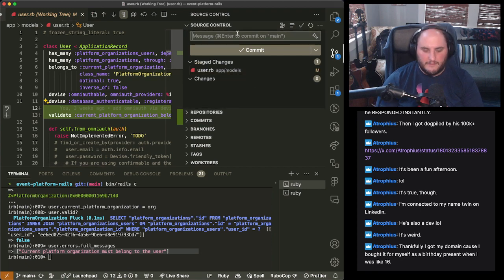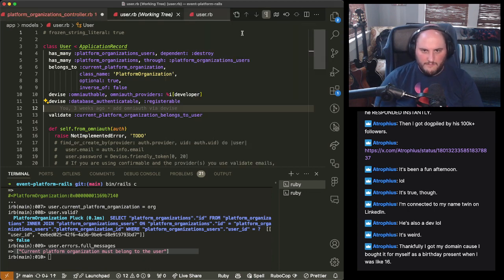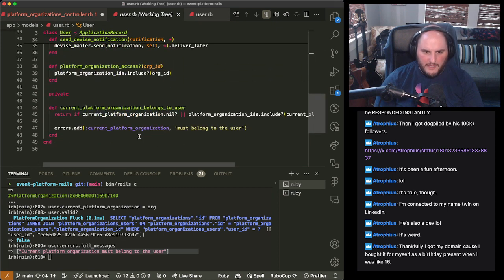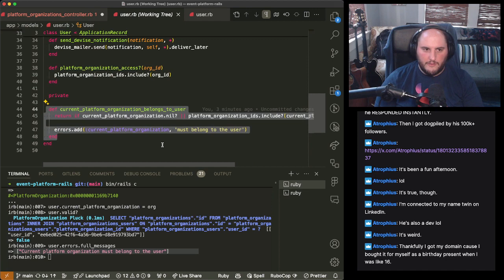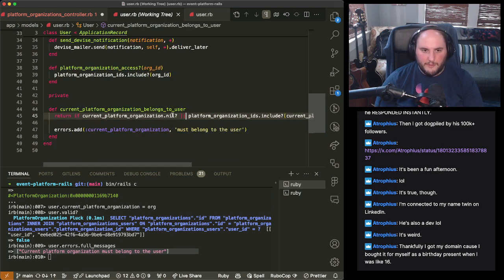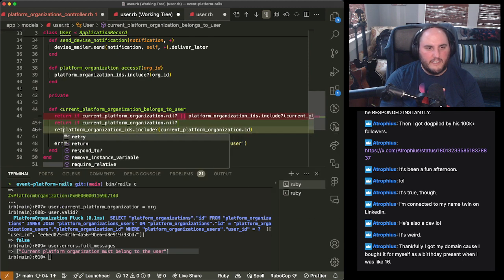Heck, we're just going to add validation to user on for current org. That's a super easy thing, and this would not be hard for somebody to review, right? And if you're like, oh, that's not super readable, that's fine, we could fix the readability here. I think this is pretty readable though. If you're like, oh, it could have been better, fine.